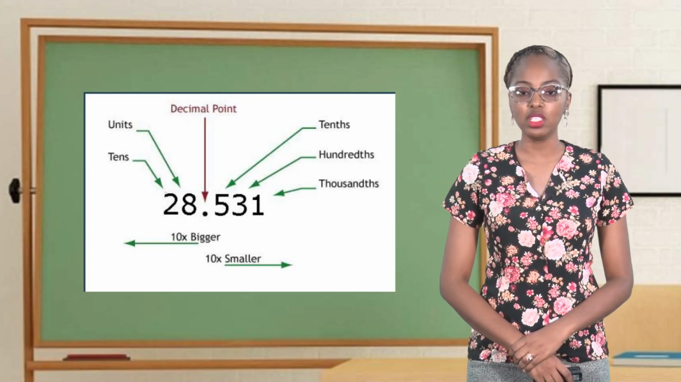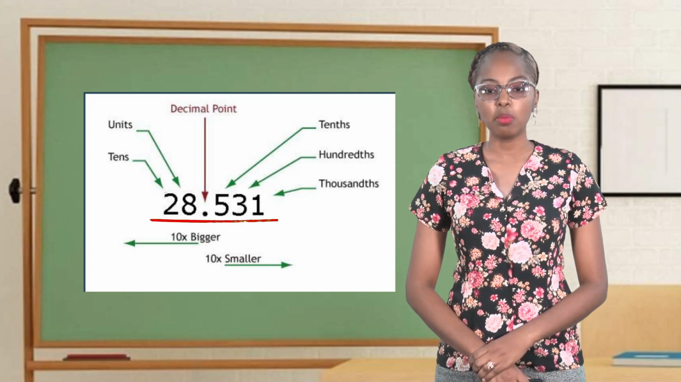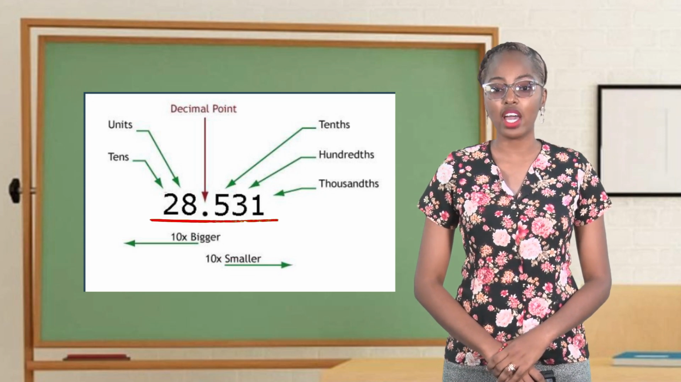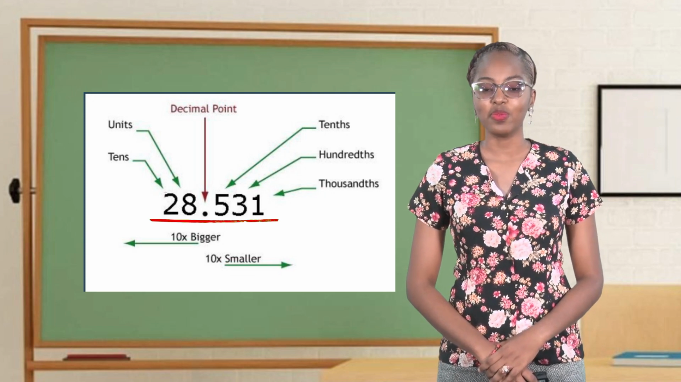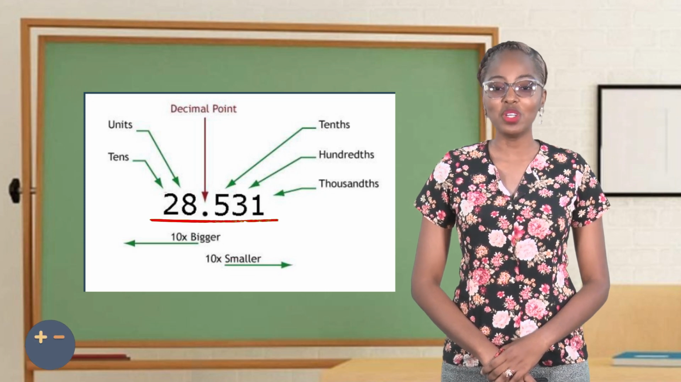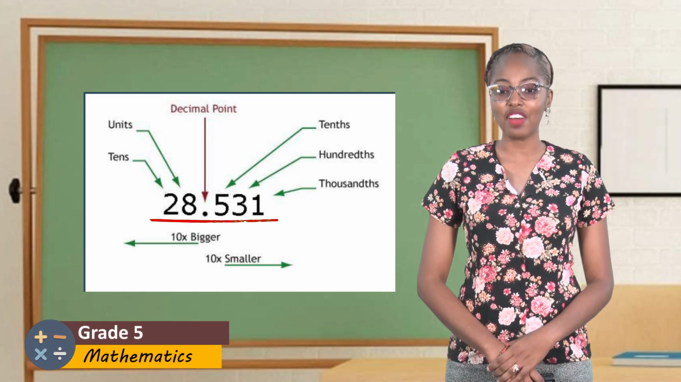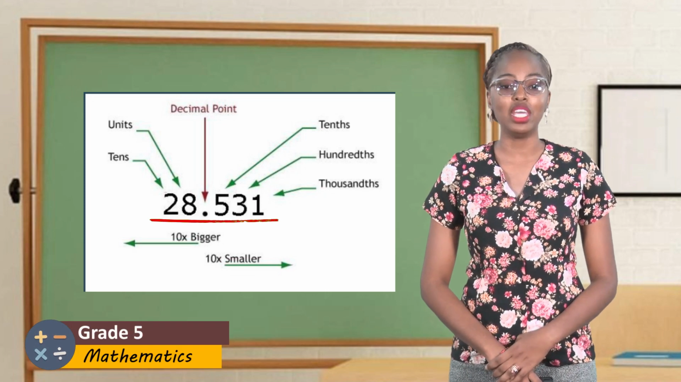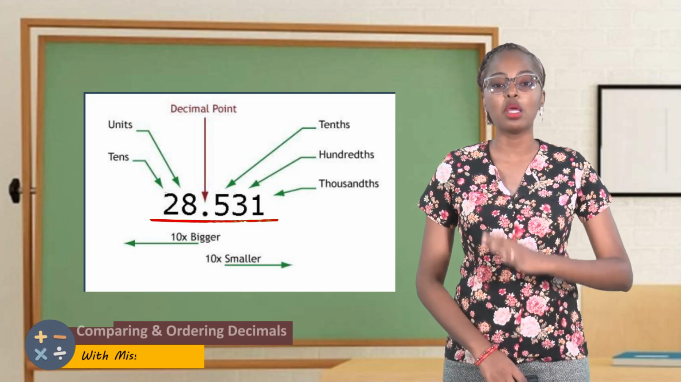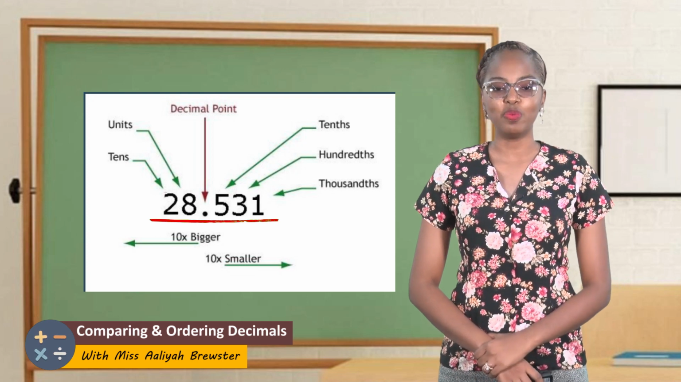Now, if you look at the image, you would notice that the number that's up on the screen there is 28.531. We do not say twenty-eight point five hundred thirty-one. That would be incorrect. So whenever you're calling the numbers after a point, you call them individually. So the number again is